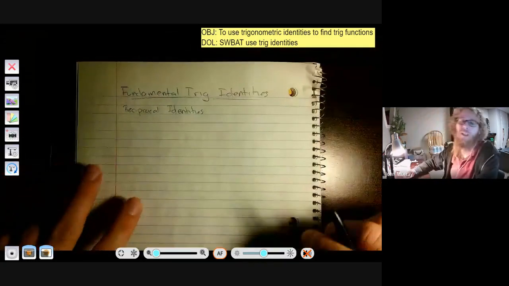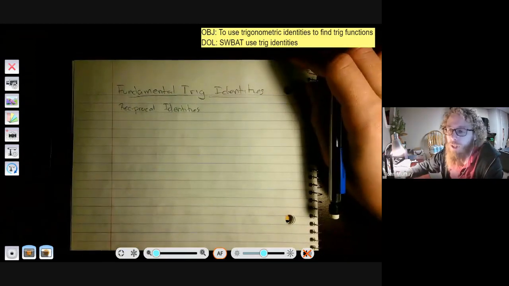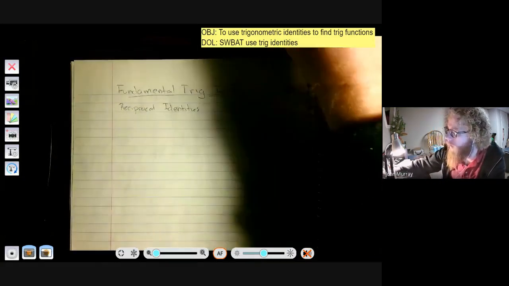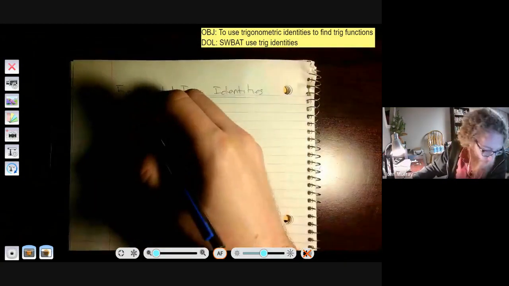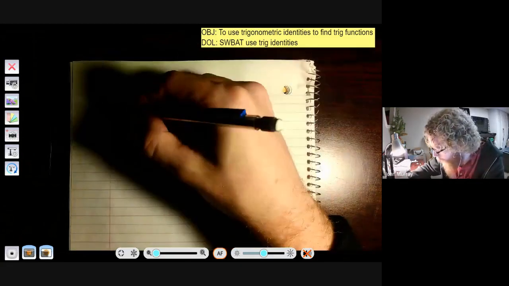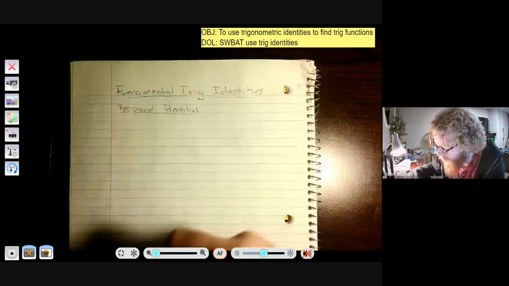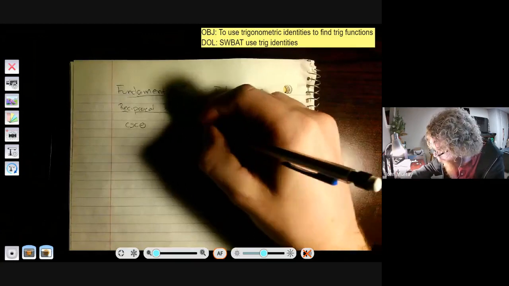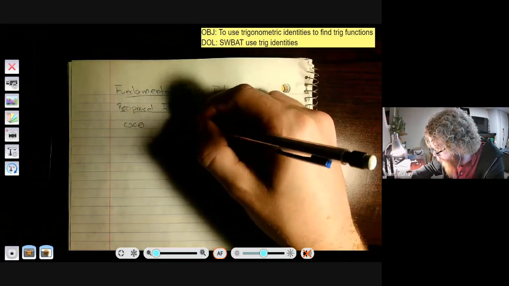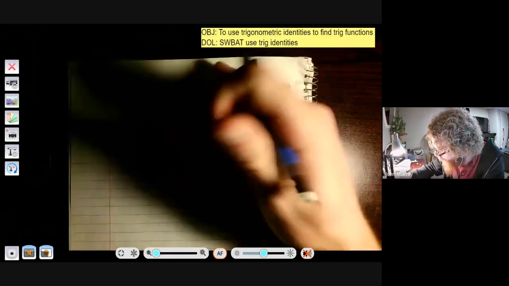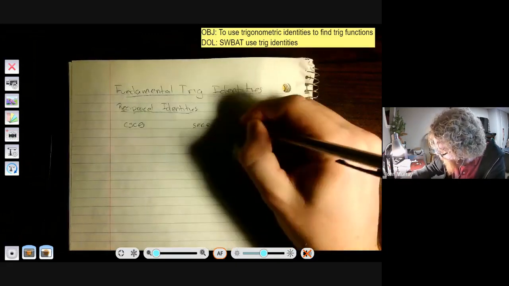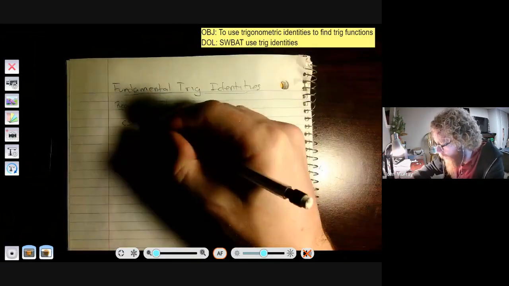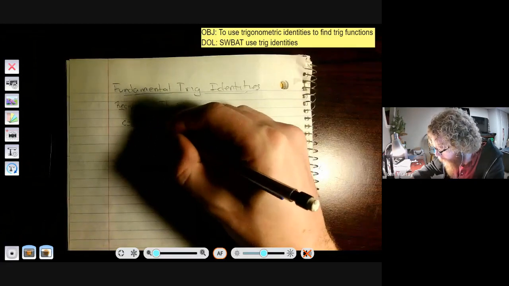All right, so the first group is called reciprocal identities, and I'm not sure how well you're familiar with them, but I have talked about these as we've been doing our lessons. But this is just a formal representation. So the three not common trig terms: cosecant, secant, and cotangent, I've referenced them as reciprocals